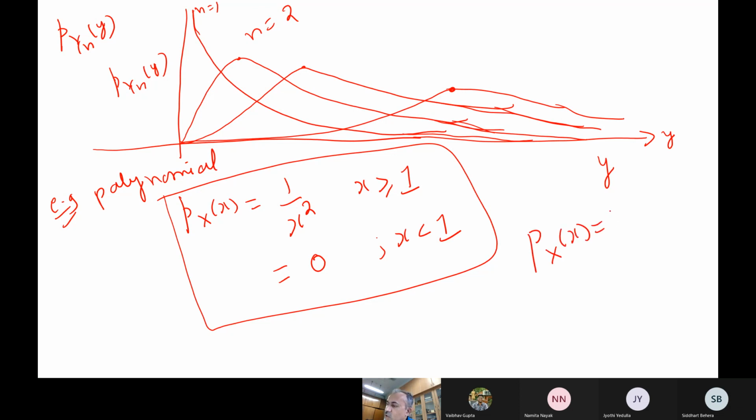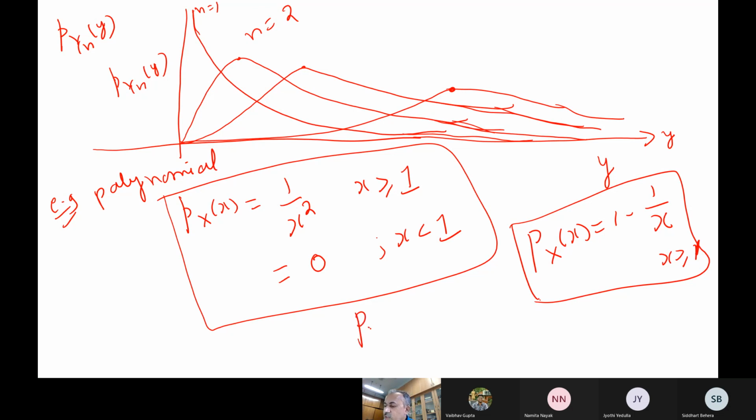So it's a distribution function. You integrate this expression, and this turns out to be 1 minus 1 by x, where x is always greater than or equal to 1. So this is a distribution function actually. The original data is distributed like a polynomial type of probability density function. Now we want to find the probability of the largest value of this type of data, and then the probability of the smallest value. So p of yn, this we want to find out.